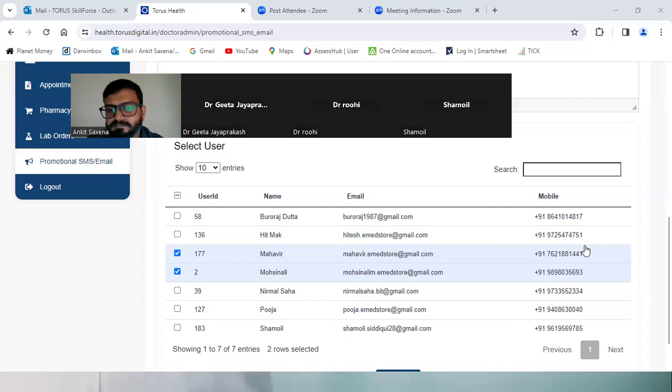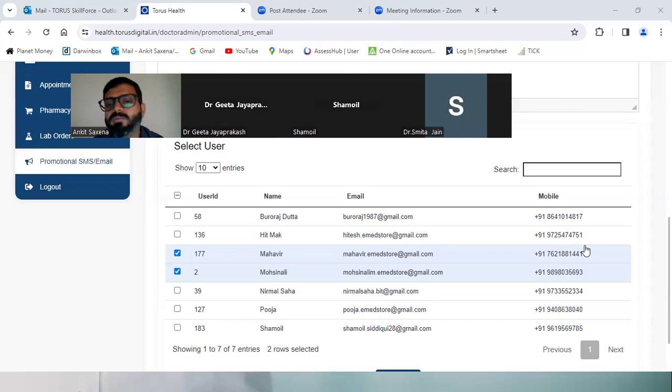Yes, Shamoil. So tomorrow I'm sharing the login credentials with everyone by mail, and if you would like to fill in the details yourself, you can make the changes in the profile settings. I'll drop you the mail tomorrow in the first half, by 12 or 1 o'clock.